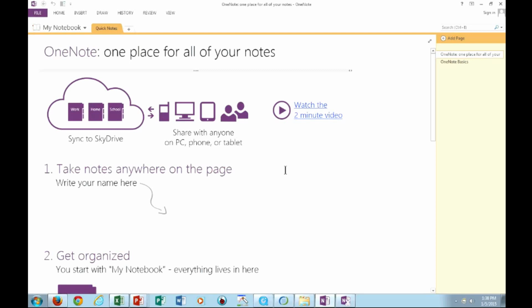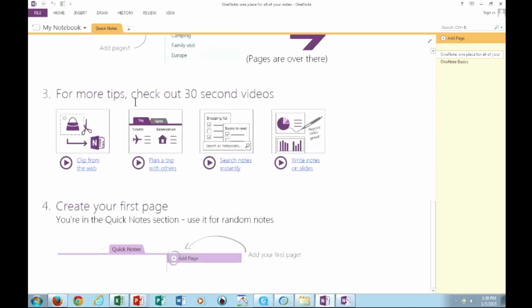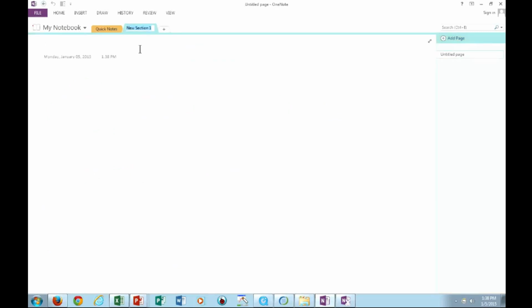The way to take a look at this, or the way to think about this, is like a three-ring spiral binder, and just as you have pages, you also have sections. The great thing about it is it's completely searchable. You can go through here and read all this stuff, but don't even bother to do that. Instead, what you want to do is click over here. This creates a new notebook, okay?